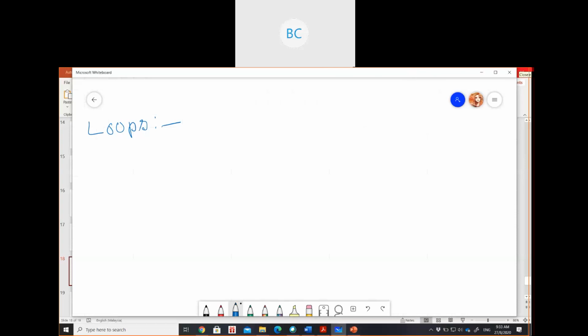Okay. So what happens in a for loop? What do we write? Just think about the condition. What's the normal structure for any for loop? There can be any statement.